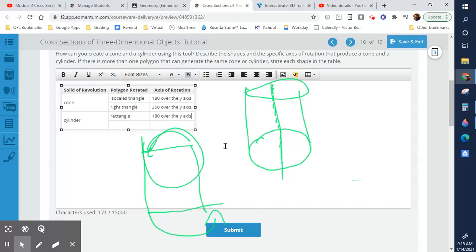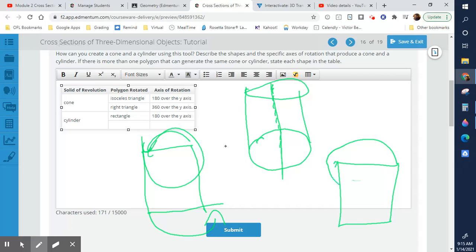Well, if we rotated 360 degrees, it would go here and here. So it'll still be that, it just kind of doubles up. Or you can think about it as this is our axis of rotation, and this goes around until it touches itself again. So a rectangle,